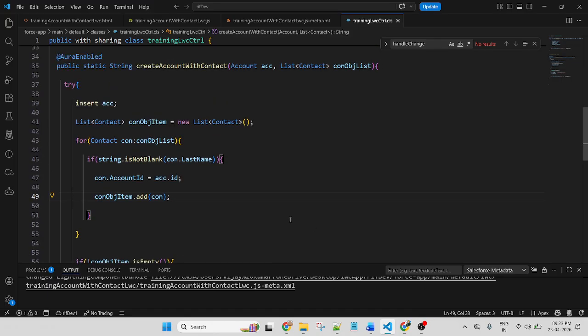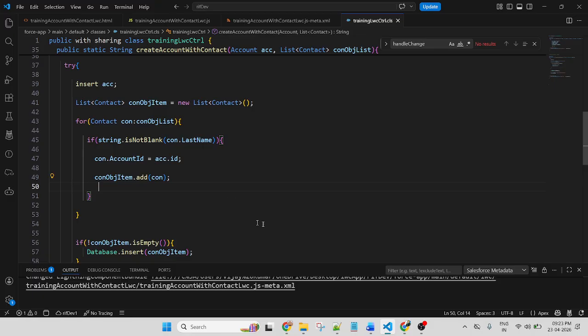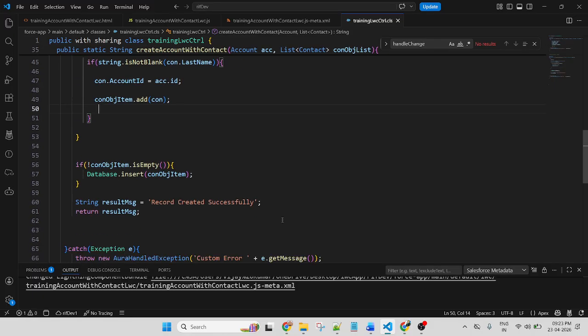So how do I track it? Let me work on this, because here I work on bulk records. Suppose you insert 10 records in a single click, and some records are not inserted for some reason.